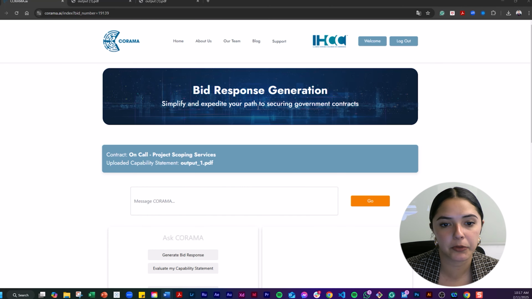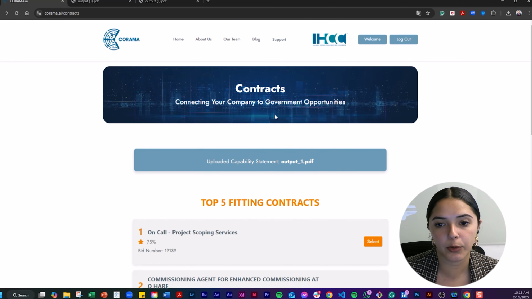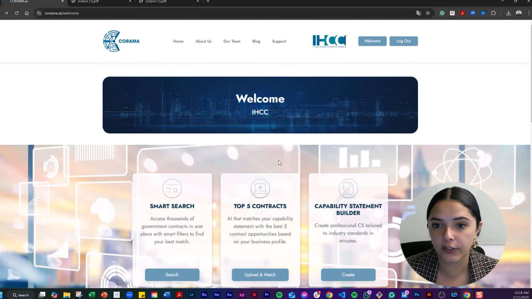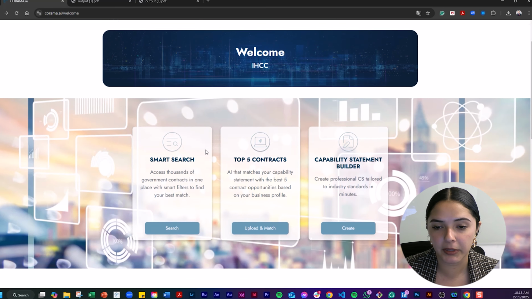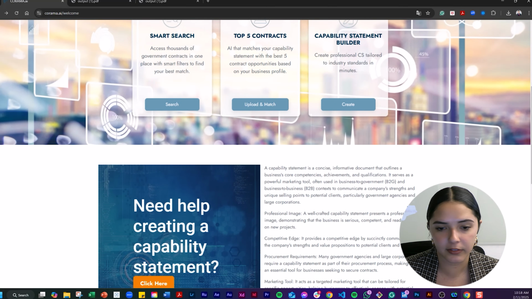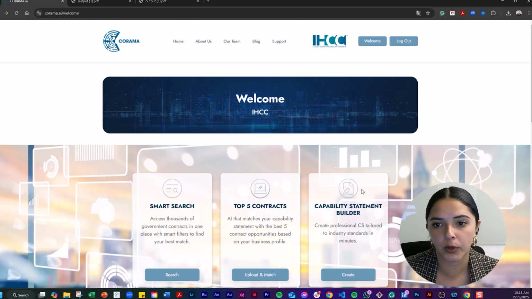So in just a matter of a few minutes, I was able to create my capability statement, identify contracts, and generate a bid response. And if I really wanted to, I can keep using this tool to tailor it to best find the contracts that suit my company. So definitely recommended. There's nothing like this in the game out there. So if you are looking to leverage your presence in government contracting, I would definitely say take advantage of this tool and really use the technology that's out there and AI to leverage your presence in government contracting by utilizing tools